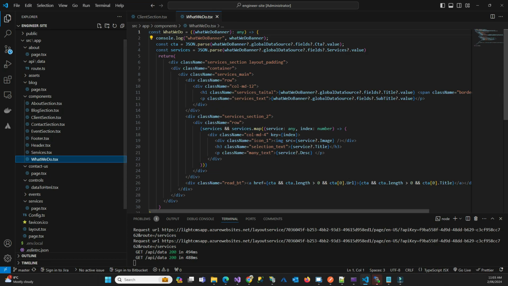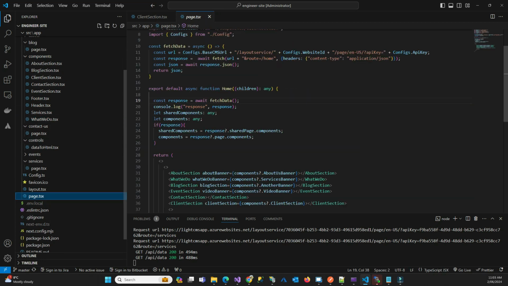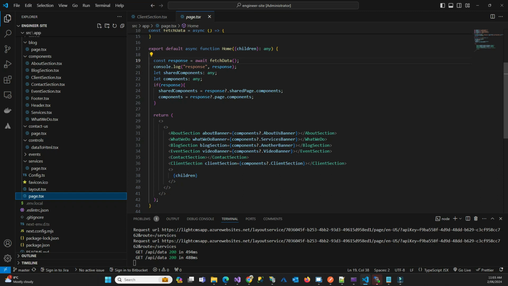And when we are using the server component, what we are doing here is also very interesting. In the server component, I am not calling any API here, but I am passing the data here. And how I am passing the data is I am using the parent component. So where is my parent component? The parent component is here, and from here I am using this